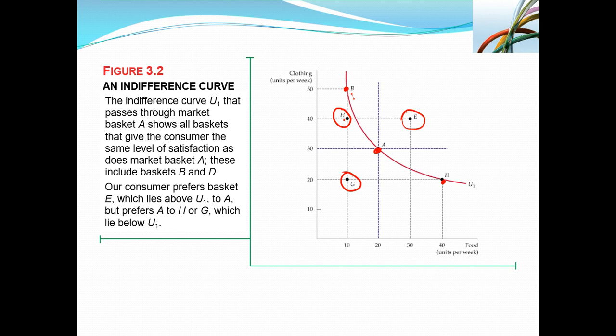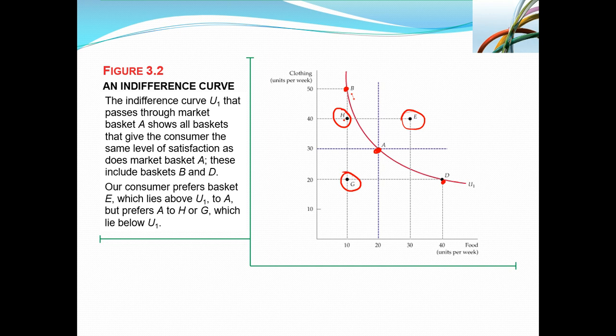E is also falling on a higher indifference curve, and then G here is falling on a far much lower indifference curve. Therefore, the only combinations that should fall on this indifference curve is B, A, and D, because the consumer is going to be deriving the same level of satisfaction from these